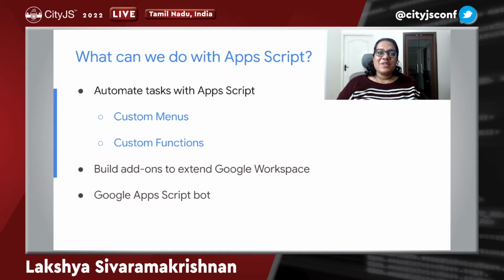So what else can we really do with AppScripts, right? I did tell you that we can automate a lot of our tasks. What does this mean? It means that we are able to write code that programmatically performs tasks across multiple Google products. Automations are set in motion by multiple things like custom menus, buttons, user actions, or a time-based schedule. We can also use Google Sheets and create some of the custom functions that we wish.